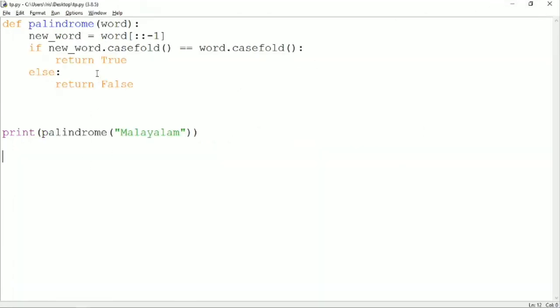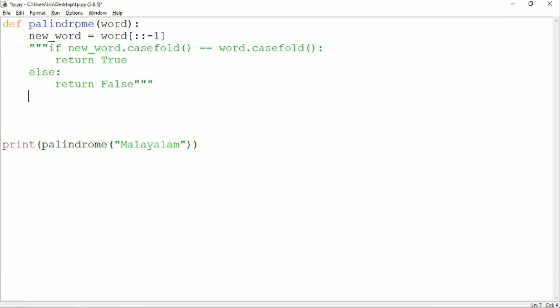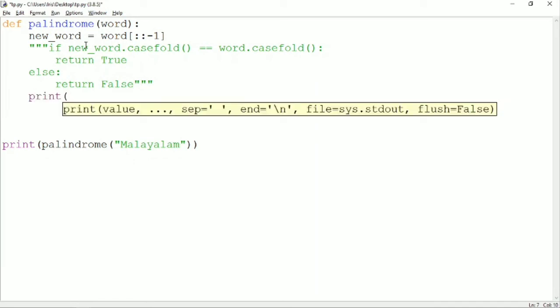So let me just show you what this casefold is printing for us. Okay, so for the timing let me just hash this, comment out this if clause. Let me just explain what casefold is all about. Okay, so let's say we have got a new word now. So now let's print a new word. Okay, print new word.